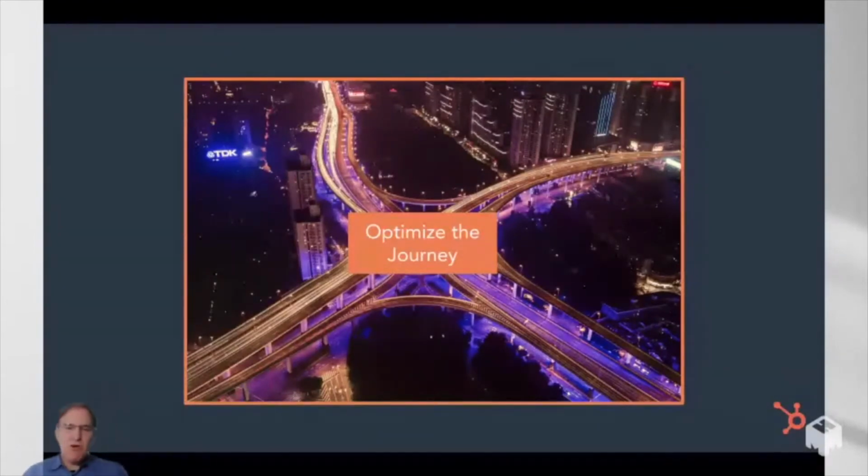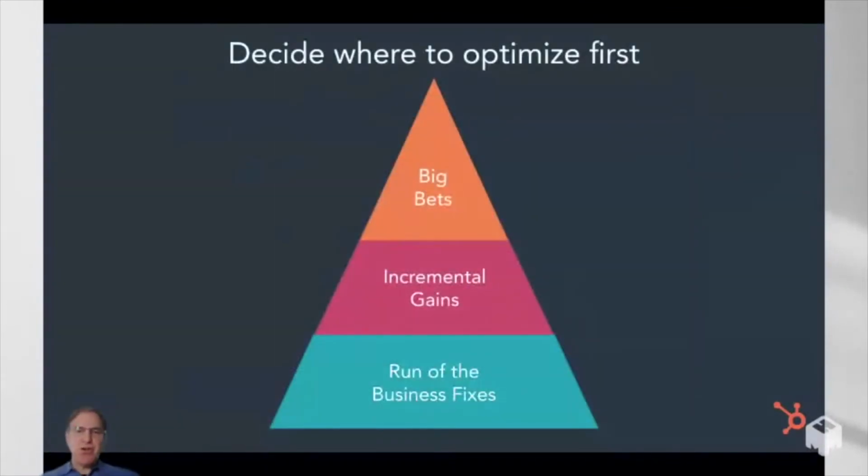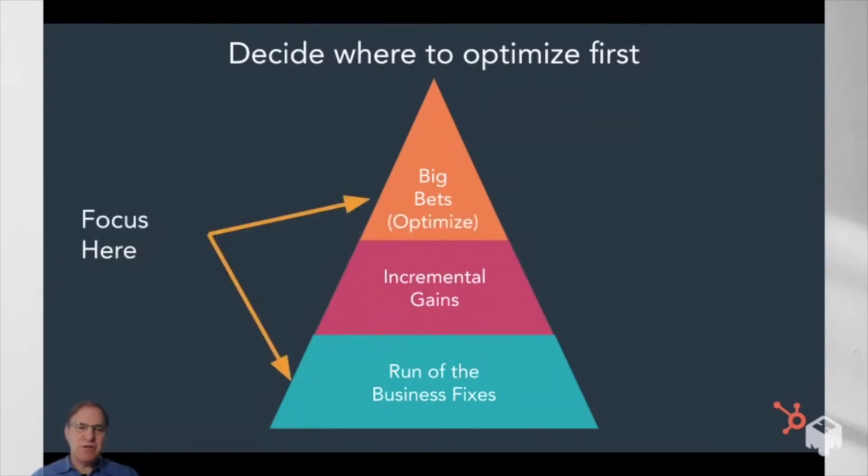The next part of the framework is optimizing your journey. At Intuit, I used to walk into Scott Cook, the founder's office, and he would say, "What are you working on today?" And then he'd say, "Wait a minute, time out." He'd go to the whiteboard and he would draw this triangle. He would say, "Look, at the bottom, that's the stuff you have to do. In the middle, those are nice incremental gains, but at the top are the big bets. That's where you guys should focus. You should focus on the stuff you need to take care of and the big bets that are going to move the needle."